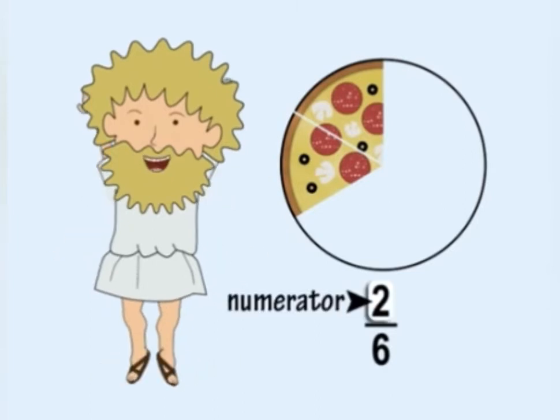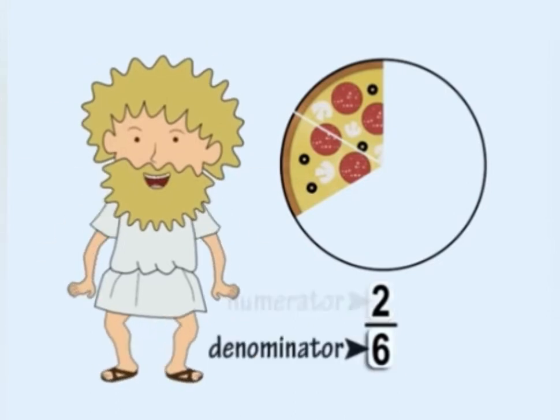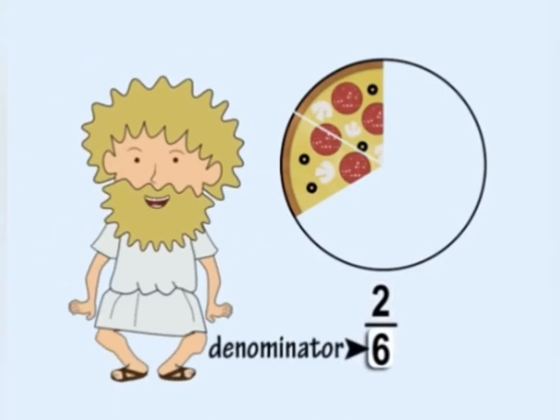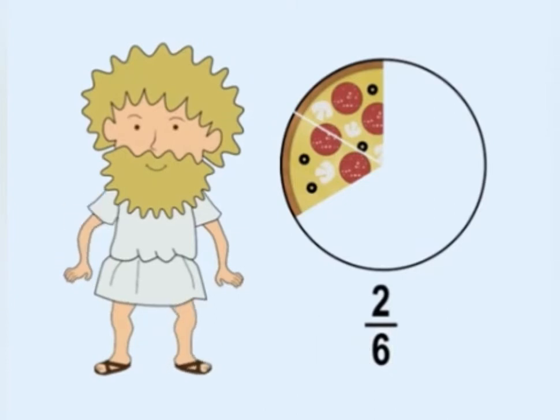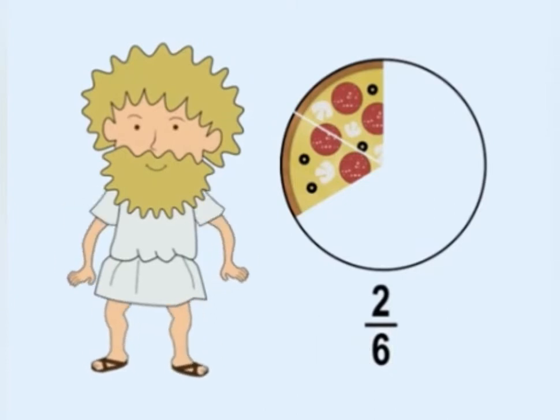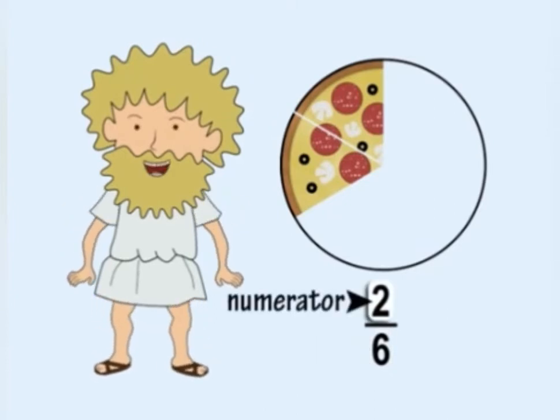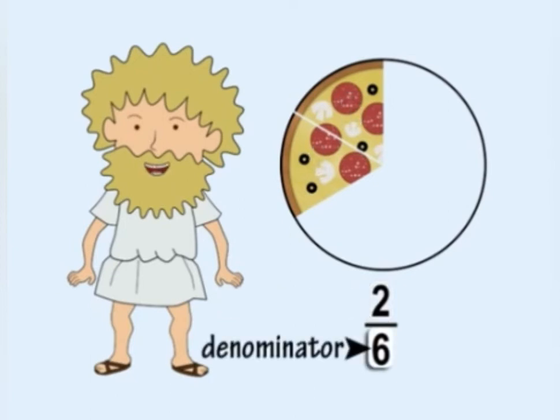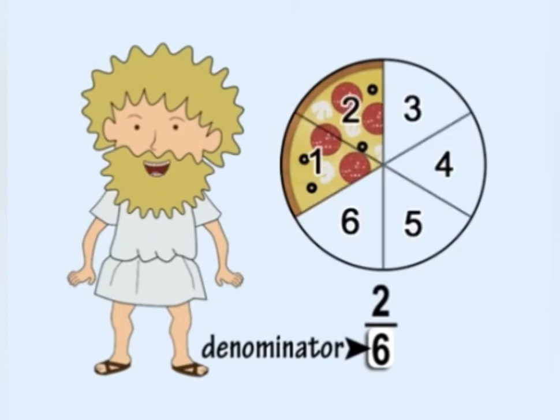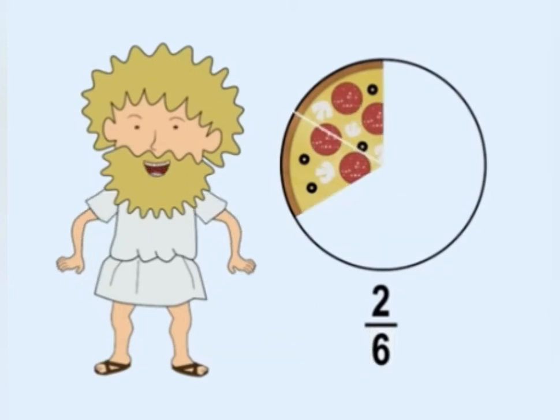Above is where the numerator goes, with the denominator below. The numerator is a number used to show the parts possessed by you, and the denominator is used for the number the whole is divided into. And you'll want to know a fraction is a part of